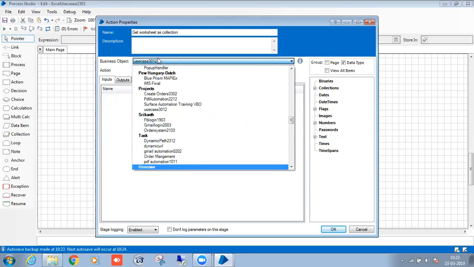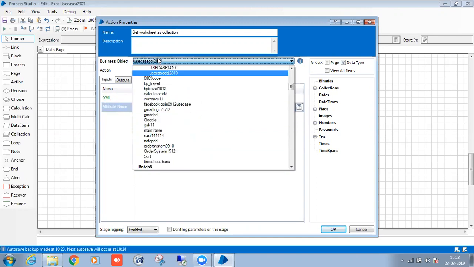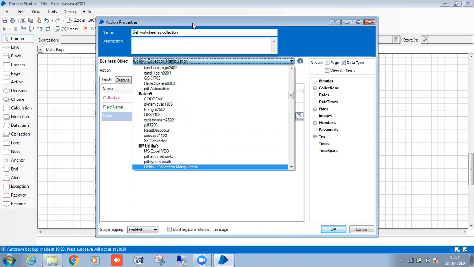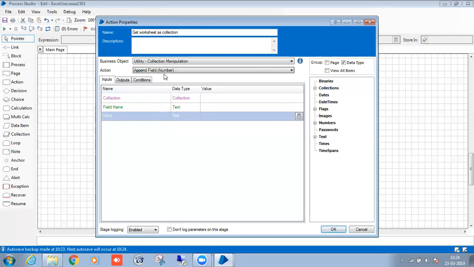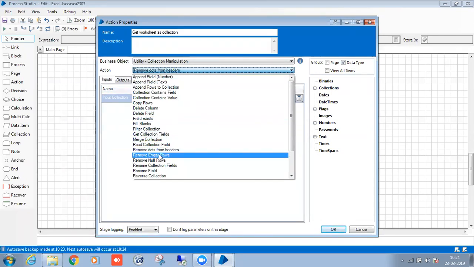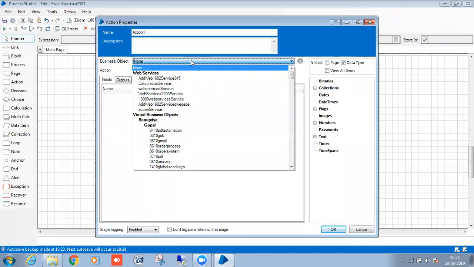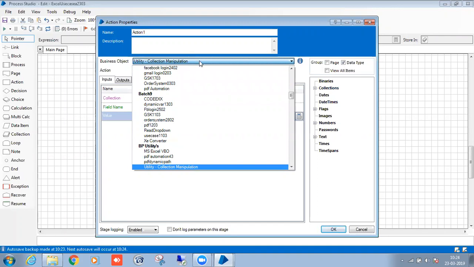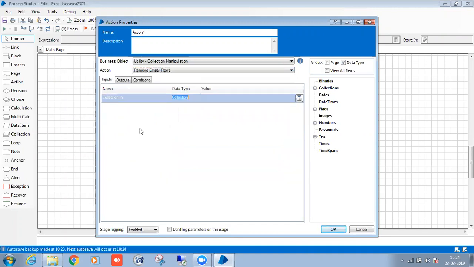Utility Collections Manipulation, Remove Empty Rows. Collection in, collection out. So what is the collection in? It's the collection.